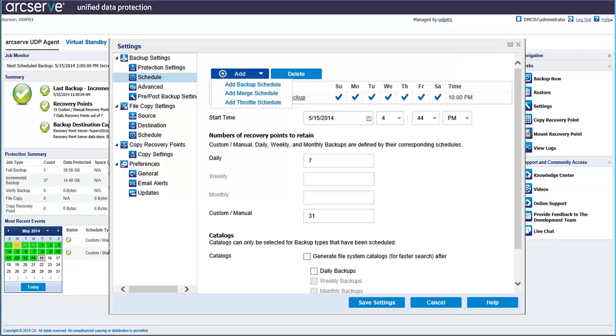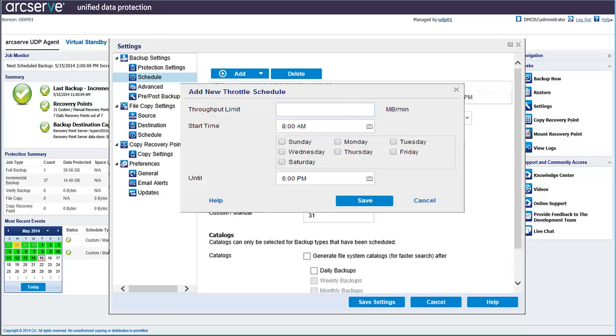Now to create a repeat throttle schedule, click Add and add Throttle Schedule. Here's the new throttle schedule. Specify the maximum speed at which the backup will be written in the throughput limit field. Then specify the start time and the time up until you want to repeat the throttle schedule and the day